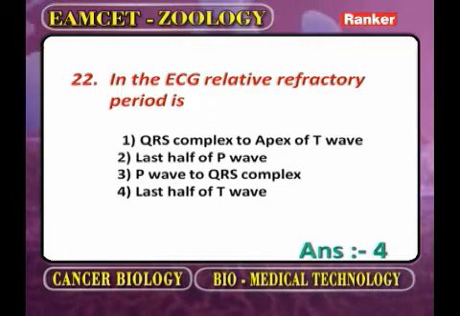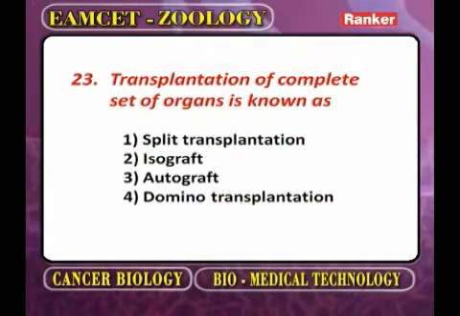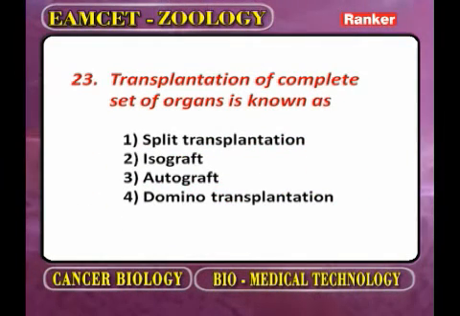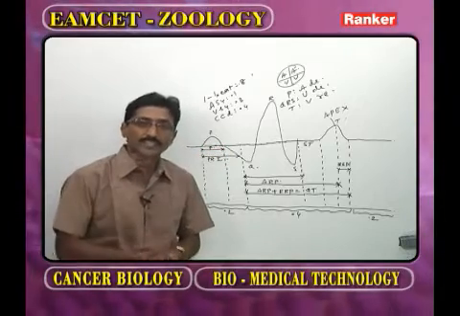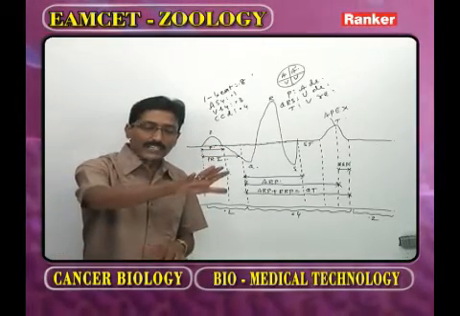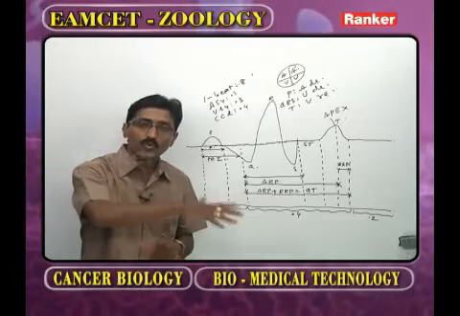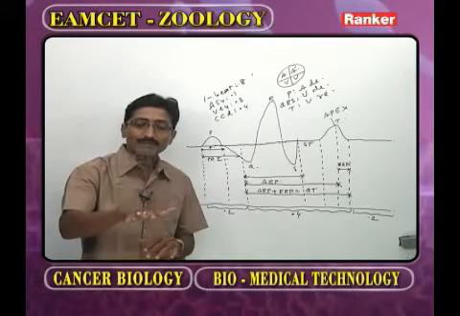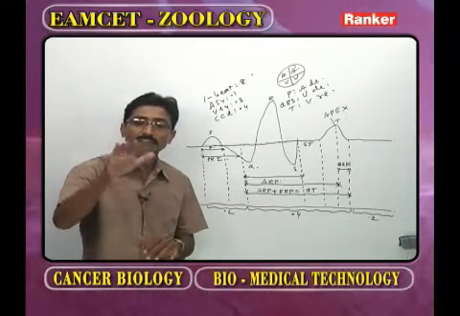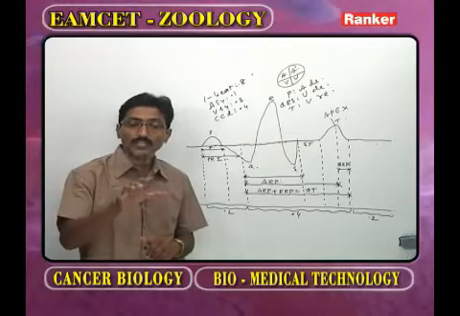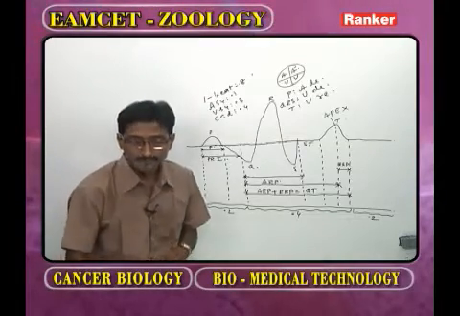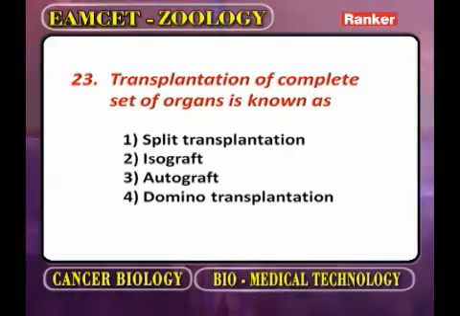The next one. Transplantation of a complete set of organs is known as... Suppose in our body the kidneys are completely damaged. The kidneys are completely replaced by another new organ. The transplantation of the complete set of organs is known as domino. The answer is,